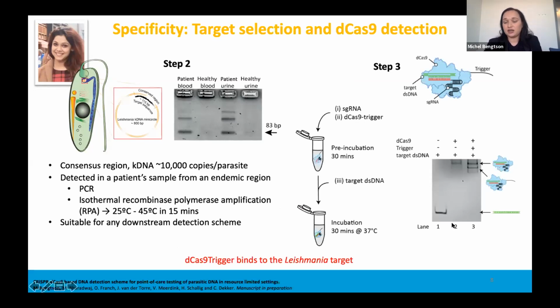This is another gel image where you can see multiple bands. In lane 1, you see that the band runs quite low in the picture, and that's because the DNA is small. But when you add the protein to it, it makes the complex bigger, and this causes it to run higher